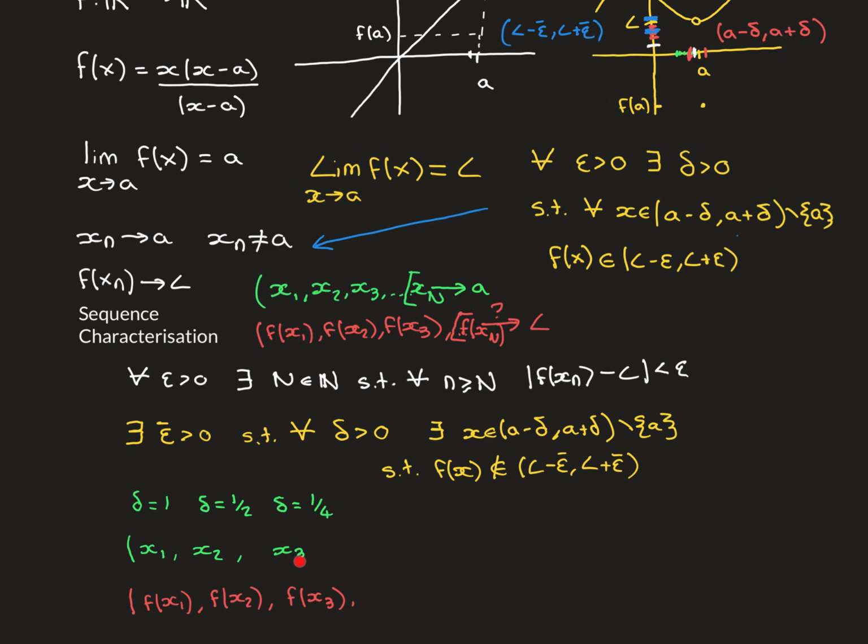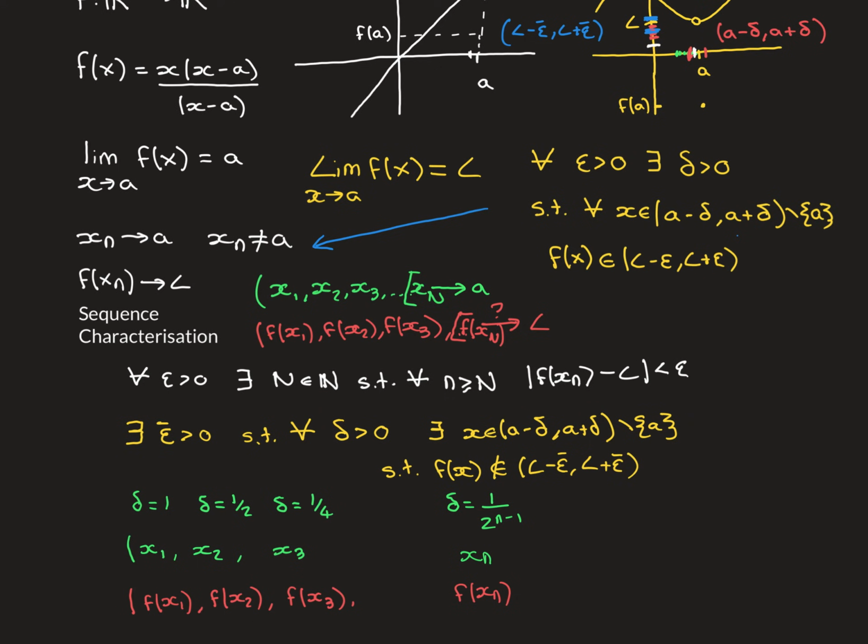Make that point your third term, and again, it might be the case that all three of these were the same number, because this interval contained this interval, and this interval contained this interval, so it might be the case that all of them were the same number. That doesn't matter, because at some point you're going to progress onwards. We're going to continue halving the size of these intervals, and at some point this sequence will have to progress on, because you'll get to a size interval that doesn't contain these previous points. So to generate the sequence then, you continue on in this manner.